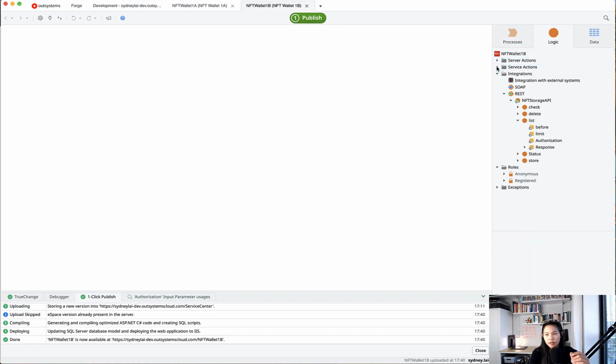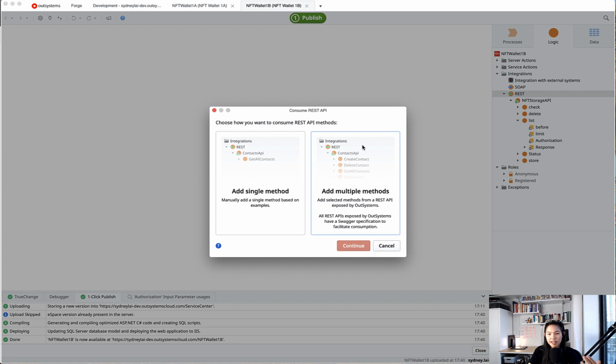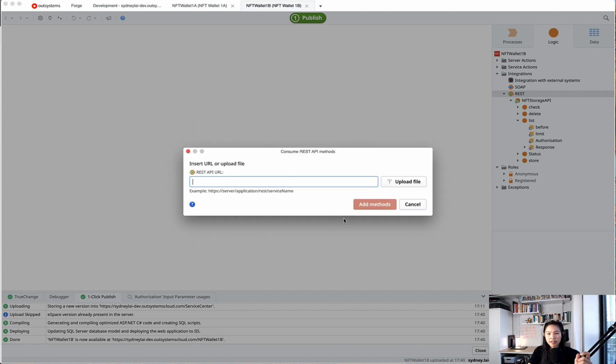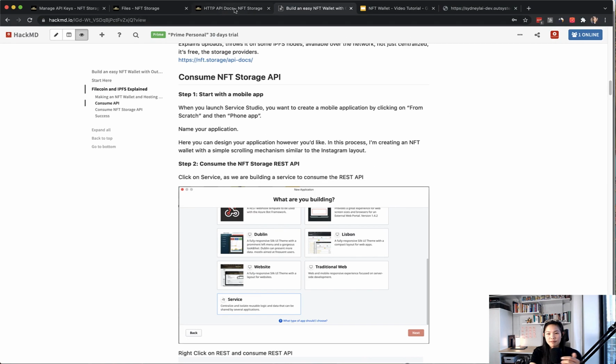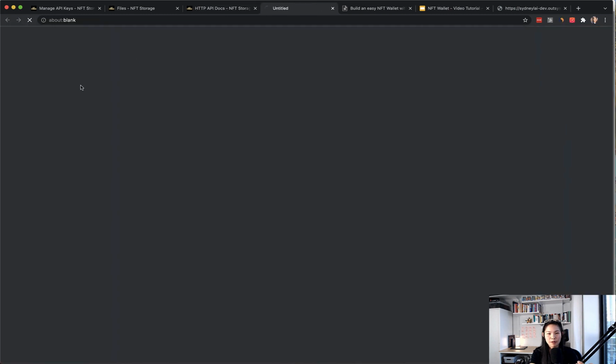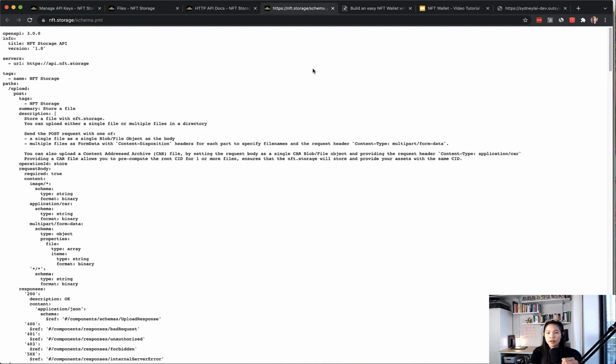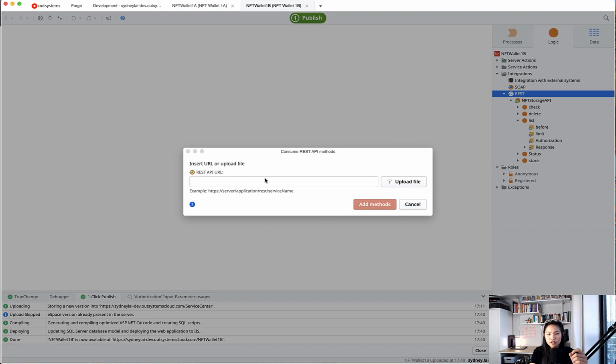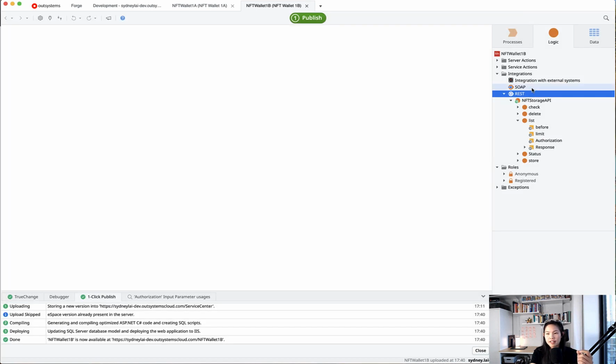you want to go into the REST integrations. So integrations, well, this is actually quite logical: Logic, Integrations, and then REST. Once you go into REST, you want to be able to consume the REST API, and you're going to add multiple methods. When you're adding multiple methods, you want to essentially convert the YAML file that NFT Storage gives you right here, the YAML file, and then just use any kind of converter and then save the file into a JSON file. Once you upload the JSON file, it very easily just populates